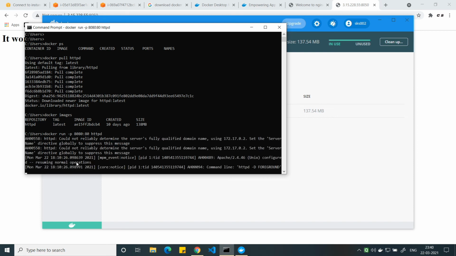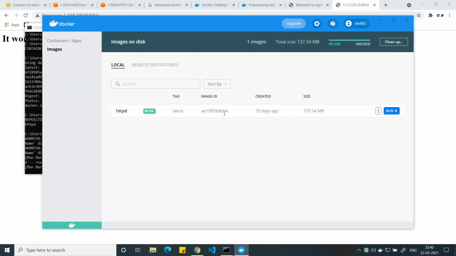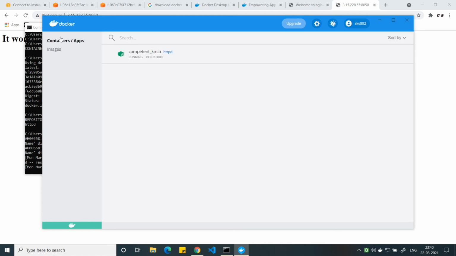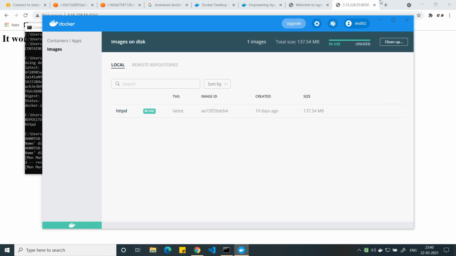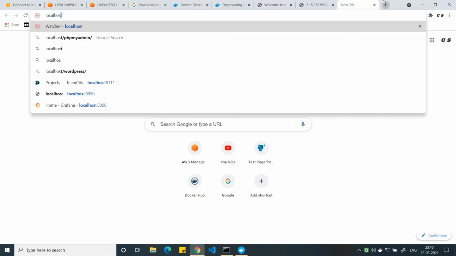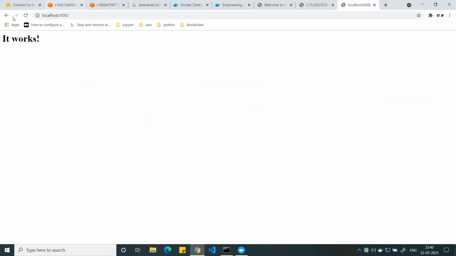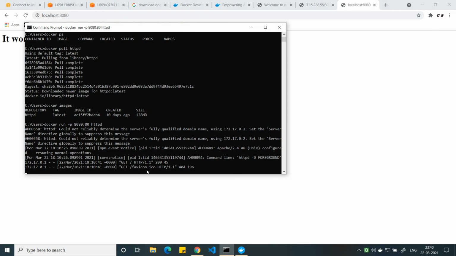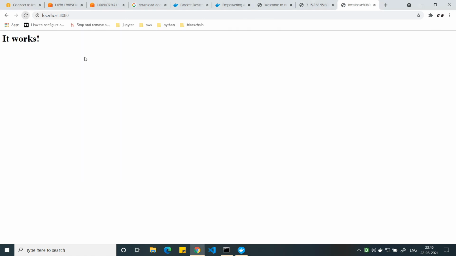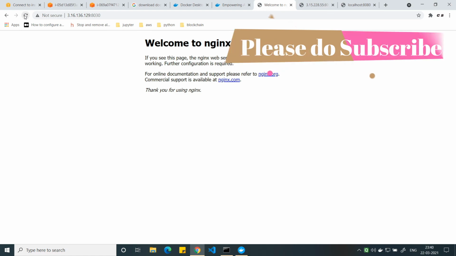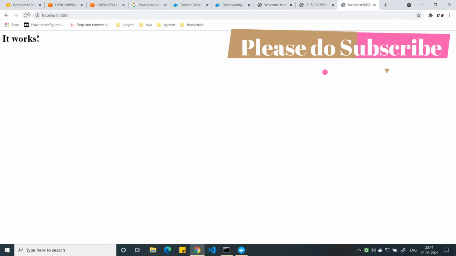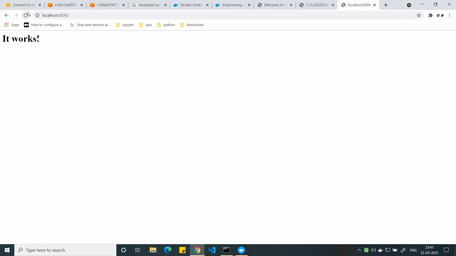As you see, we have an in-use image here. You can see all the information, and you can see this also. A random name is given to the container. Now if I go to localhost, yeah, see, it works, it shows here. And if I click a few times, you will see the logs here. This is it. This is for our Ubuntu Linux, and this is for our Windows. This is a very simple way to install Docker in your system, and it works foolproof.